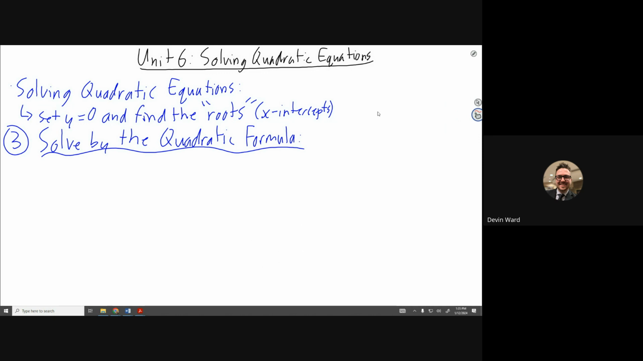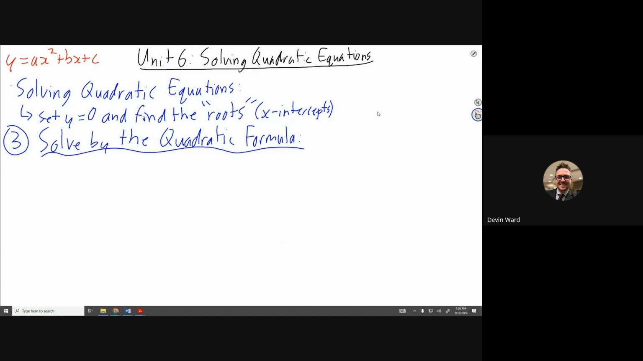Now, it needs to be in standard form for us to use this. If you don't remember what standard form is, it is y equals ax squared plus bx plus c. Okay? The quadratic formula you'll need to memorize. Well, you can write it on your summary sheet for the culminating, but for your exam, you need to memorize